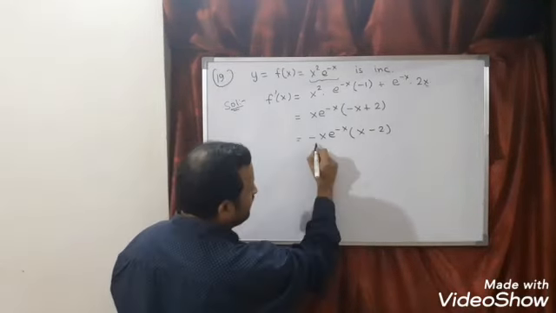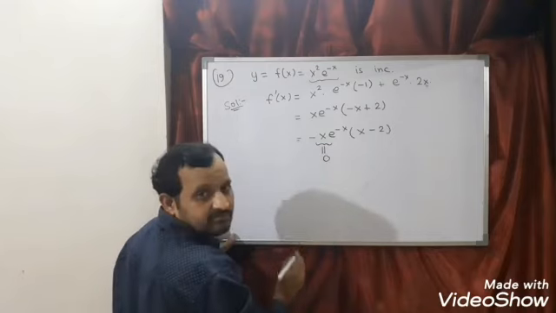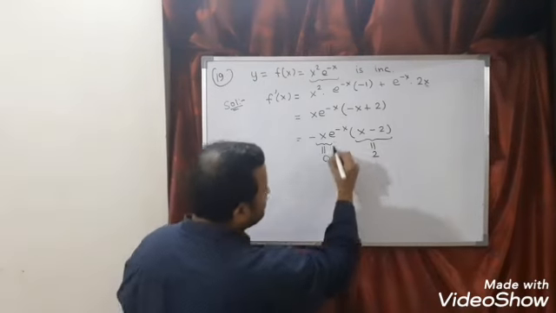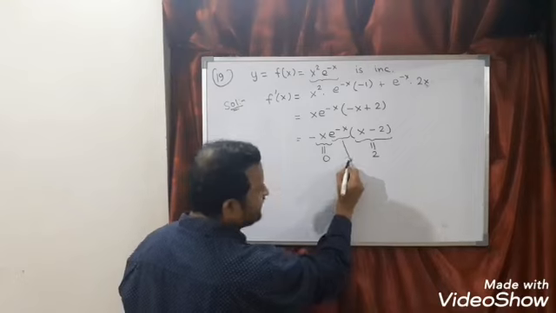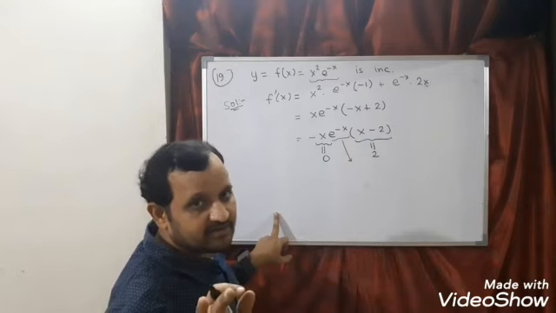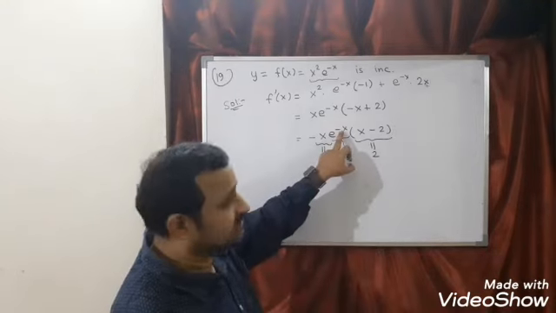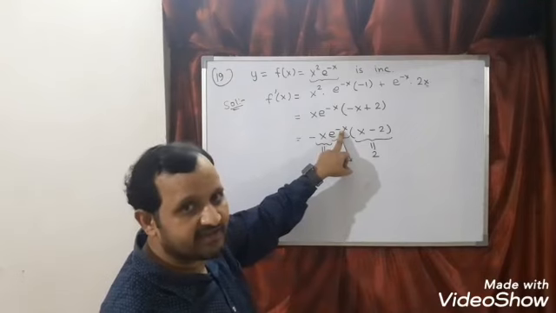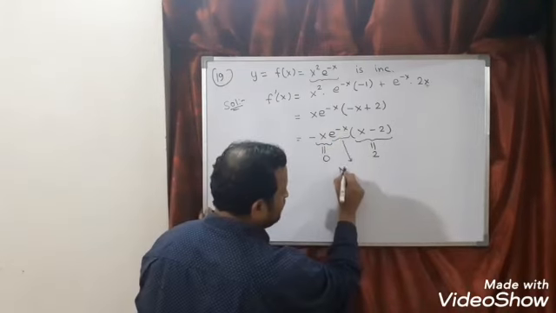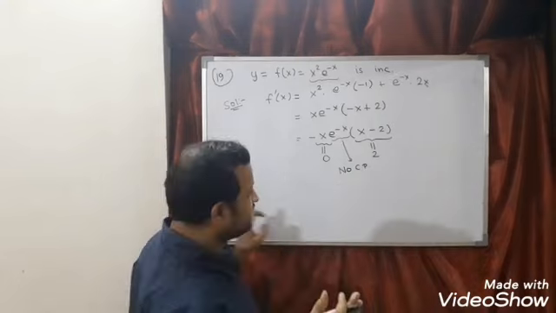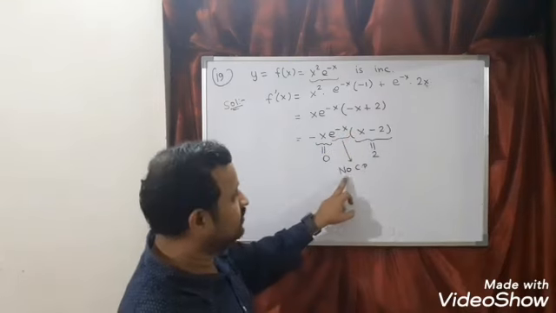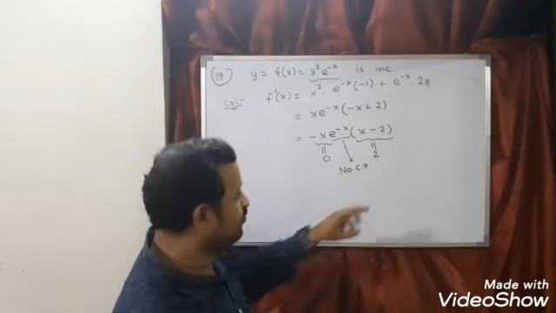Next step, critical point. For what value will this become 0? It is 0. For what value will this become 0? I can say it is 2. What about this? Can somebody tell me for what value of x this will become 0? Refer note 2. Never consider critical point for the term having variable in power. You can see here x is in power. So here I can say no critical point. There is no value of x for which e power minus x will become 0. So no critical point. Refer note 2.